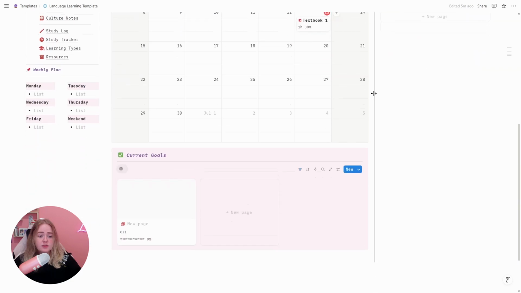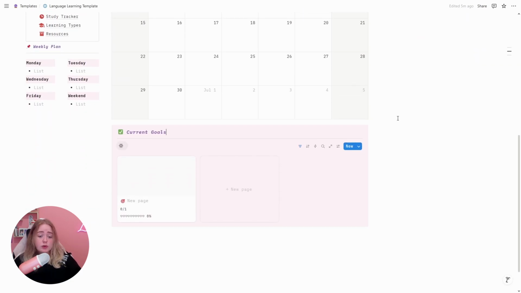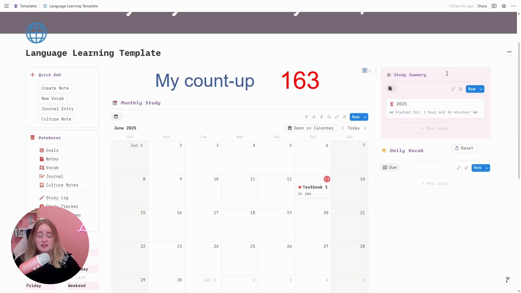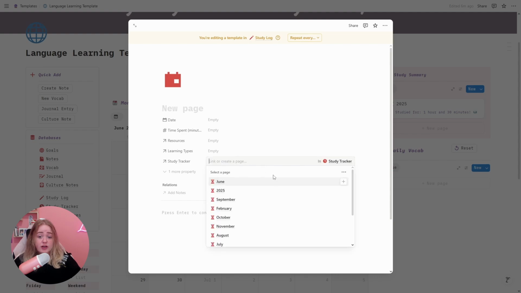Below the calendar is current goals. This is just an overview of any active goals that you currently have, so you can quickly keep track of them on the home page and update them if you complete any steps. And then on the right side, we have this study summary that I was talking about. It will show the total time spent in each period for any sessions that you mark as being in that time period. You can also change the monthly session template and have the study tracker track a certain time period